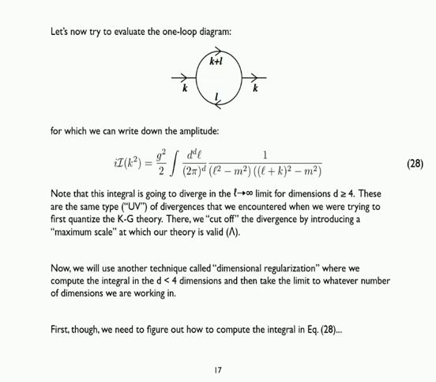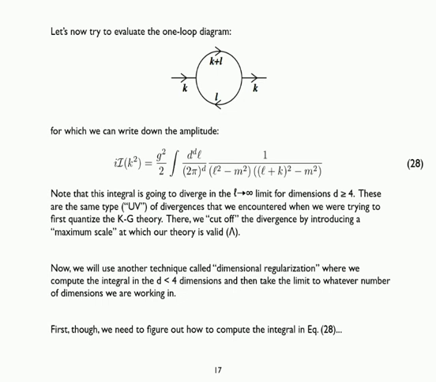These are the same type of ultraviolet divergences that we've encountered before. Remember, there I introduced a cutoff. One way we can deal with these things is to just cut off the momentum integral, not going to infinity because we don't know how to compute things up there. The other way is what's called dimensional regularization, or DEMREG. I'm going to call it DEMREG because I can't say regularization